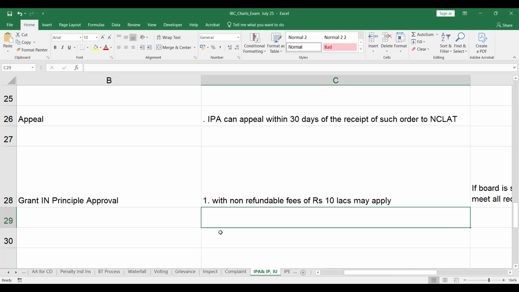I think procedure is not available in our syllabus. It will be direct. We can go for appeal. नहीं, अपील जाओगे कहाँ? जैसे आईपीए का तो लिख दिया, आईपीए का लिख दिया, एनसीएलटी में जाओ। लेकिन आईपी के बारे में क्या है? लोग नॉर्मली हाई कोर्ट में जाते हैं। सर हाई कोर्ट में ही होगा, हाई कोर्ट में ही होगा। हाँ